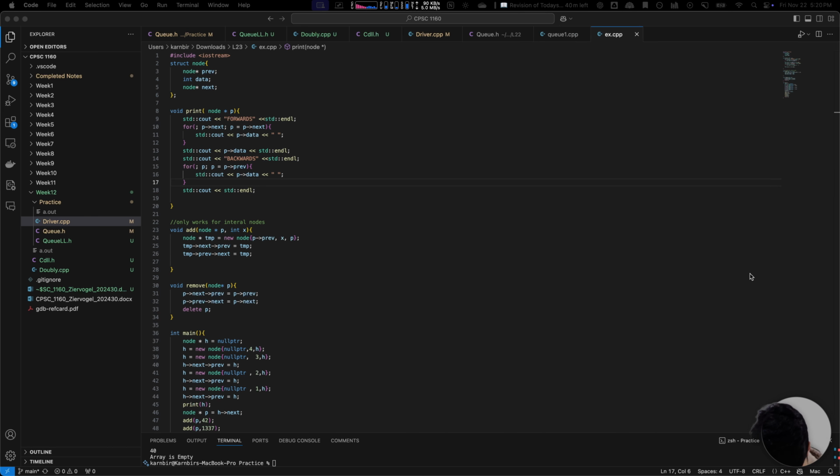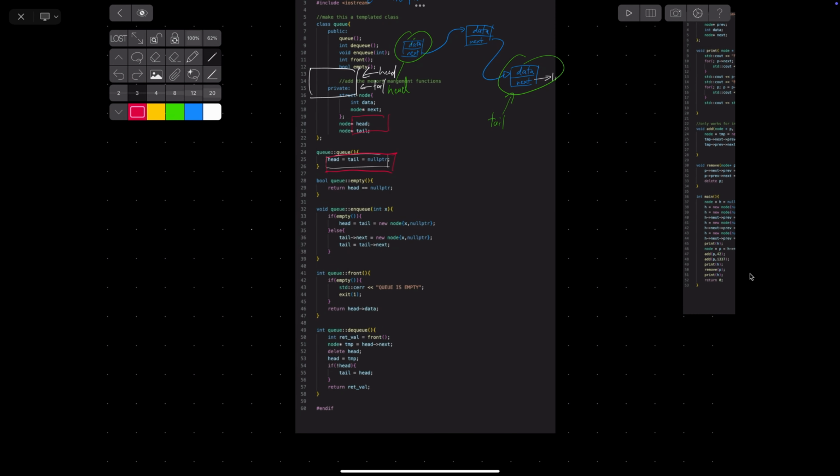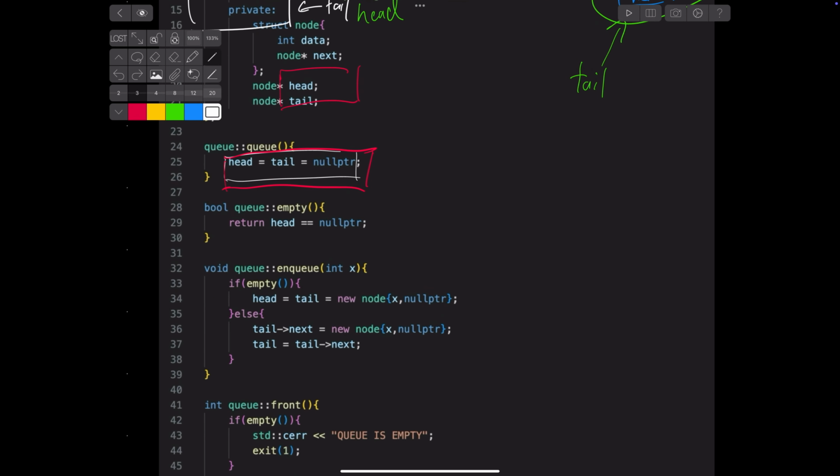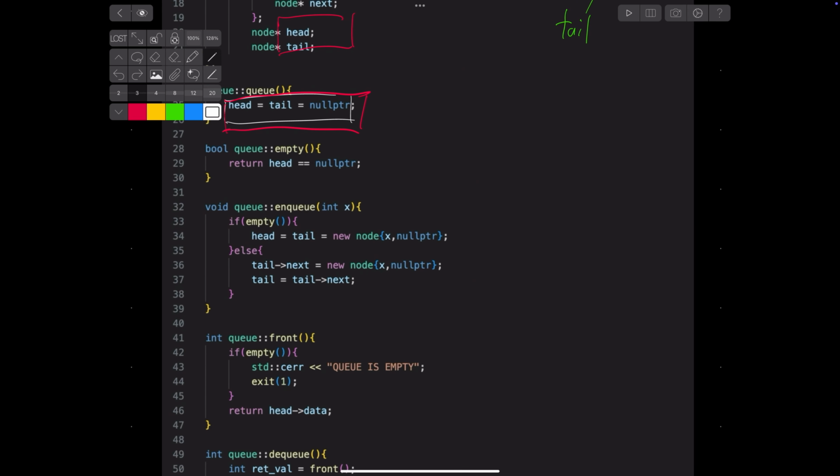Okay, so I'm back. So let's continue talking about the linked list implementation. So yeah, I mentioned that we check for empty whenever we enqueue something. And if it is empty,